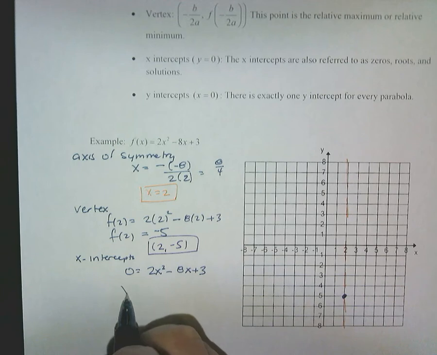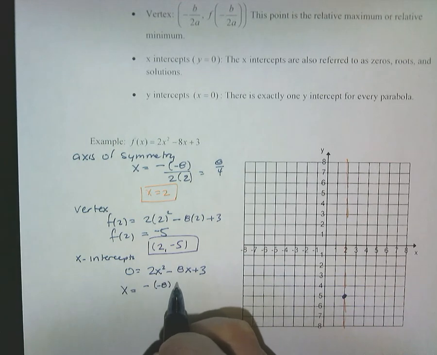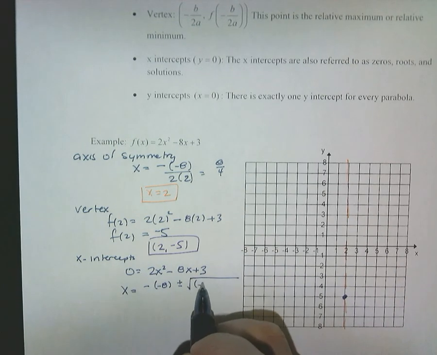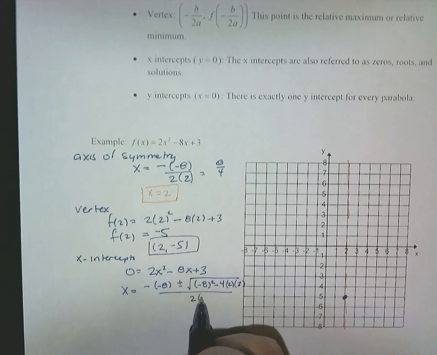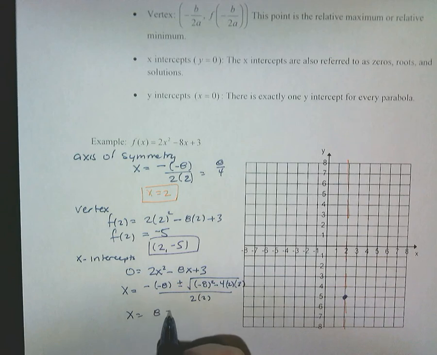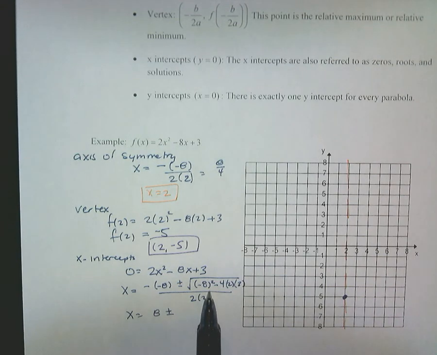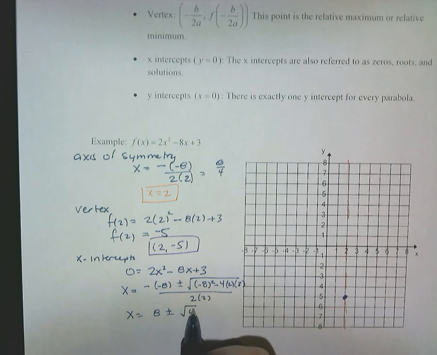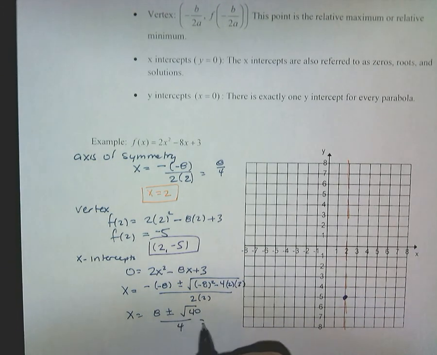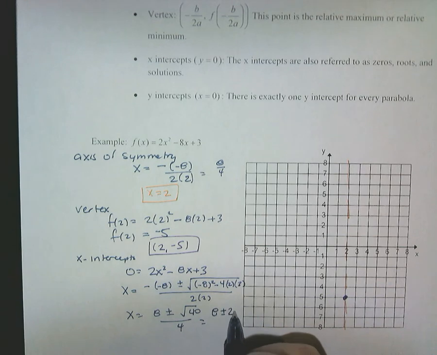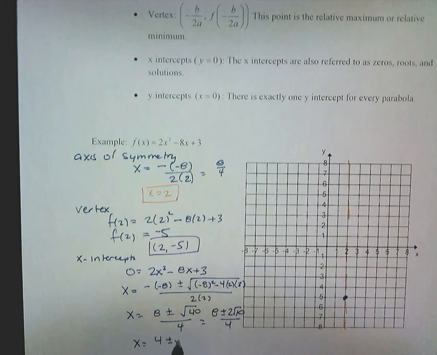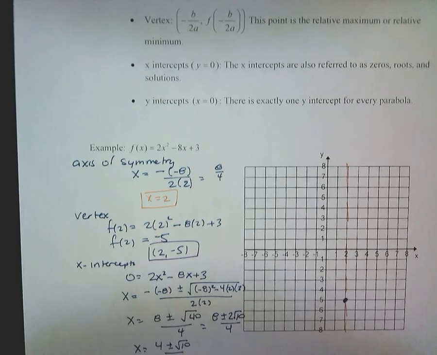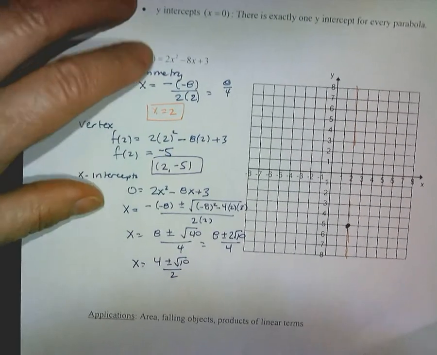So when I use quadratic formula, I have x is equal to negative b plus or minus the square root of b squared minus 4 times a times c, all over 2 times a. So x is equal to 8 plus or minus, see, this is going to be 64 minus 24. So square root of 40 over 4. This is going to reduce to 8 plus or minus 2 square root of 10 over 4. So x is going to equal 4 plus or minus the square root of 10 over 2, which is really not a very useful number if you want to graph it. That's what we would have done